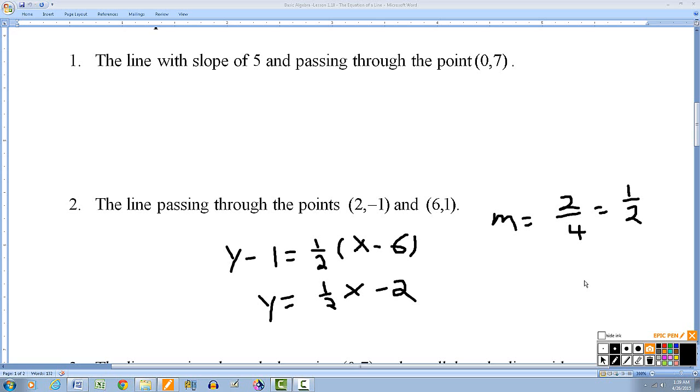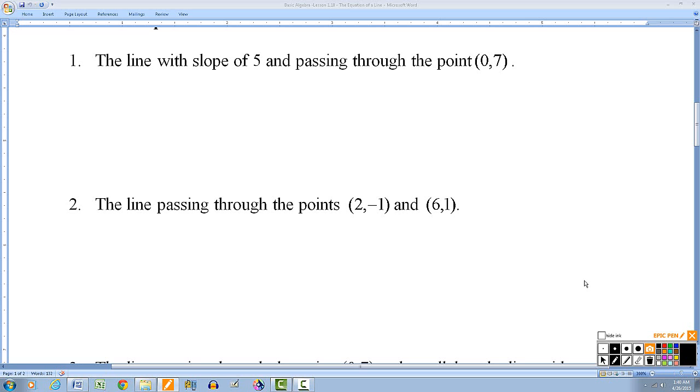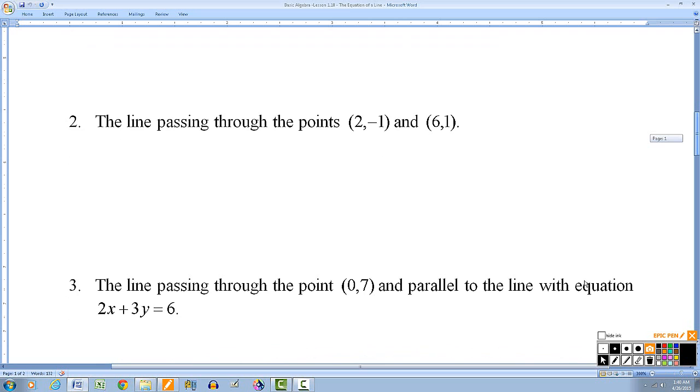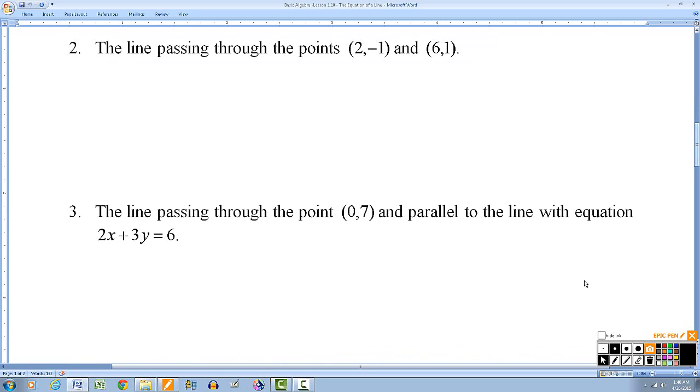They could ask you to give the answer in point slope form, which is the first answer, or slope intercept form, that is the equation is solved for y. Okay, that's your solution. Let's clear this. Okay, the next one says want the equation of a line passing through the point 0, 7 and parallel to